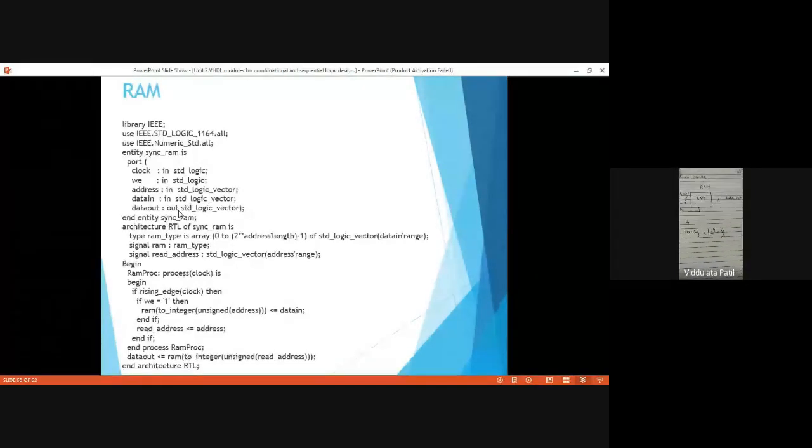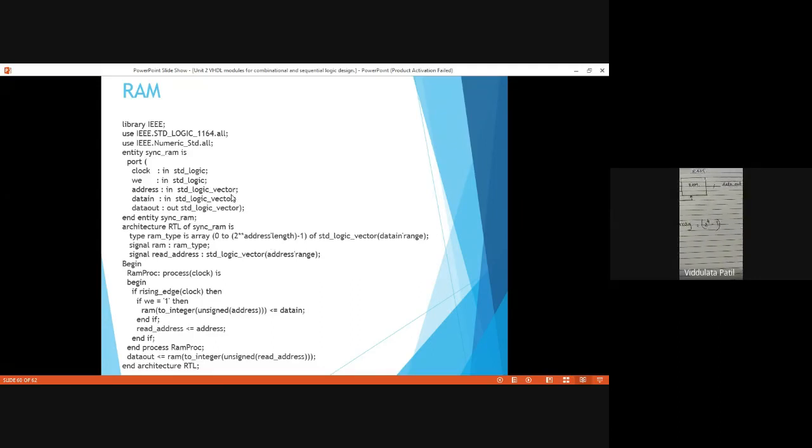Now this double star indicates that it is an exponential operator. So here 2 double star address'length. This is the attribute here. So address ची जी काही लेंथ असेल ती कॅल्क्युलेट करेल या ऍट्रिब्यूट ने, address'length, minus 1. ओके, म्हणजे इथे काय करणार आहे, 2 raised to address length minus 1.